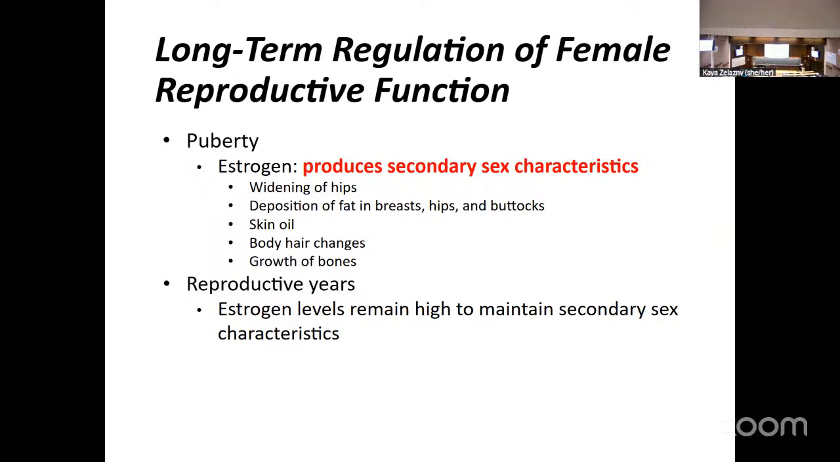And then during the reproductive years, so while menstrual cycling is actually happening, these levels of estrogen that we have coming from growing follicles and then coming from the corpus luteum in the second half of the ovarian cycle, we're going to have estrogen levels relatively high because one of those two things is usually happening on any given day. So these secondary sex characteristics are maintained by those highish levels of estrogen. Okay. However,